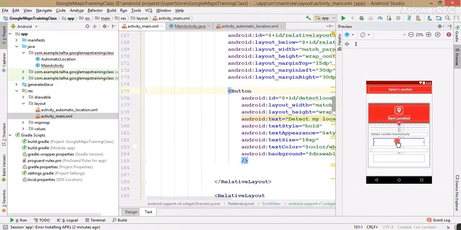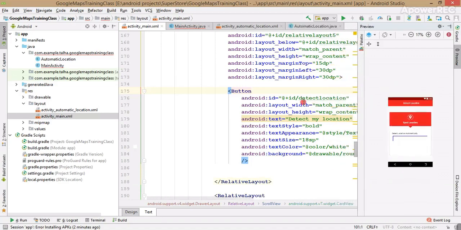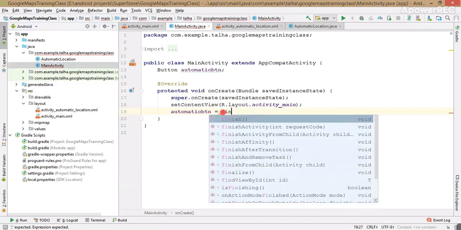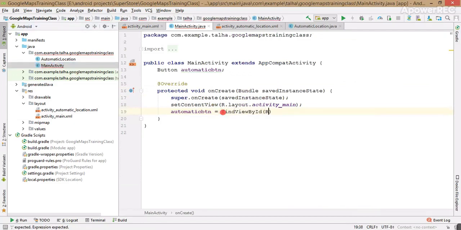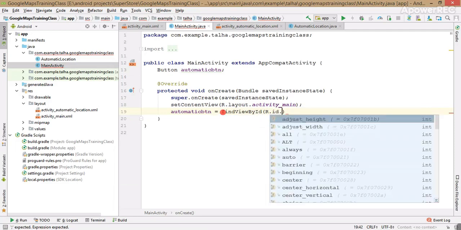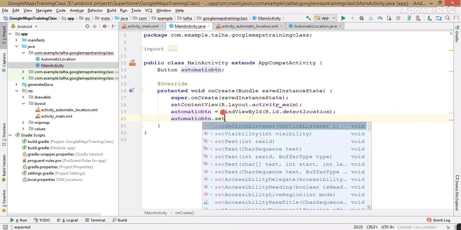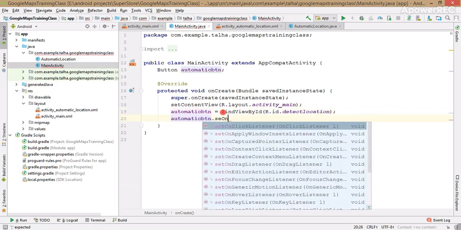This is the automatic location picker and this is the manual location picker. So for the automatic location button, the ID is detect_location. Copy it inside MainActivity, findViewById R.id.detect_location,